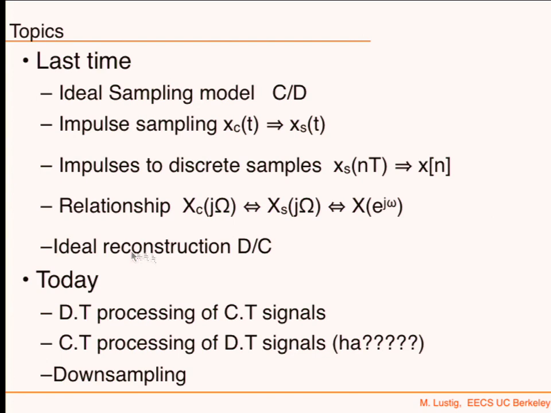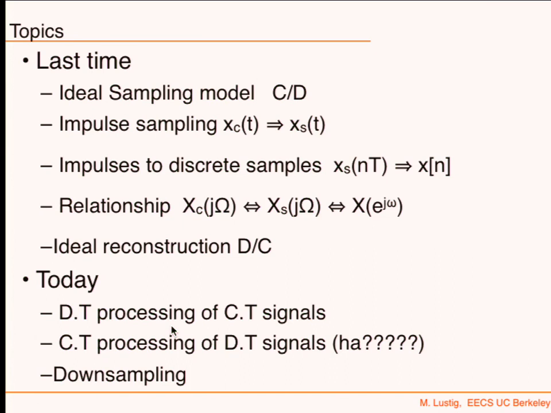We talked about the ideal reconstruction, where how do you reconstruct? You take your signal, which is digital, you create something impulsive out of it, and then you low-pass filter with an ideal filter. Okay, so this is the sinc-based reconstruction. Today we're going to talk about discrete time processing of continuous time signals. So if you have a continuous time signal, you're going to sample it, do discrete time processing, and then go back into the continuous domain, and we see the reference. We're going to go quickly through this because it's quite simple.